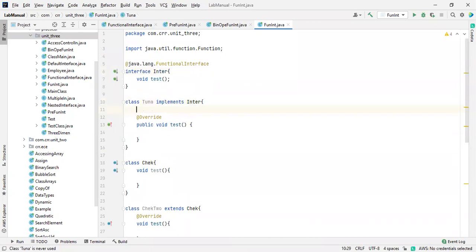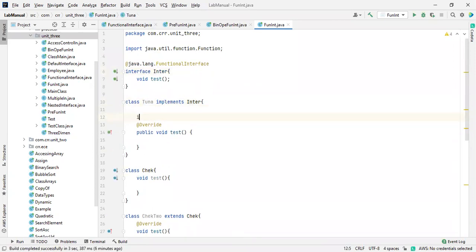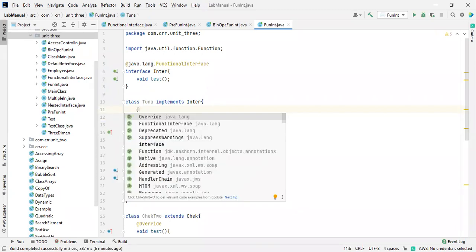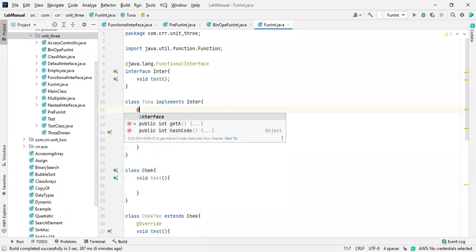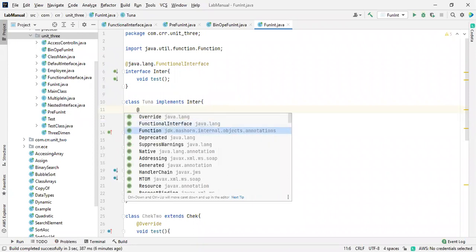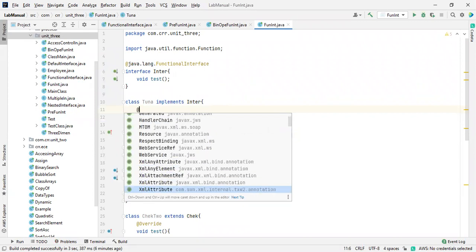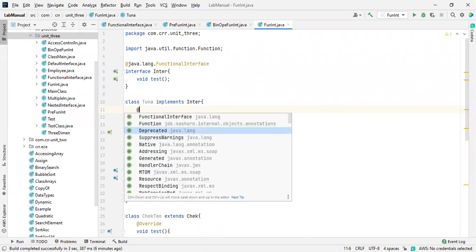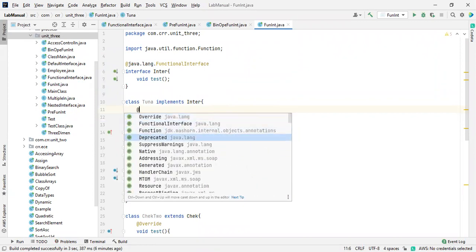Let me declare it as a variable also: int a = 10. So we can tell that it is an integer, sorry. Where the method is deprecated, sorry, it is not available.